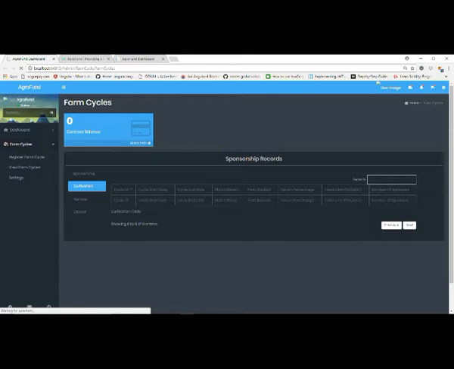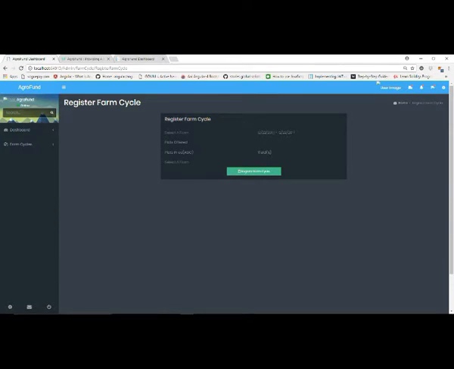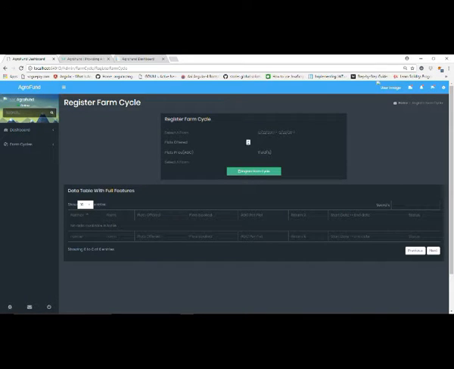So what the app does is simply provide a means in which people can get involved in agriculture. So the first step is to register a farm cycle. We already have farms that are registered on the platform, but each time the farming season is about to start and these farms request funds from the platform, we'll register that farming cycle on the platform. This enables people to invest in their farms, sponsor their farms, while also getting a percentage